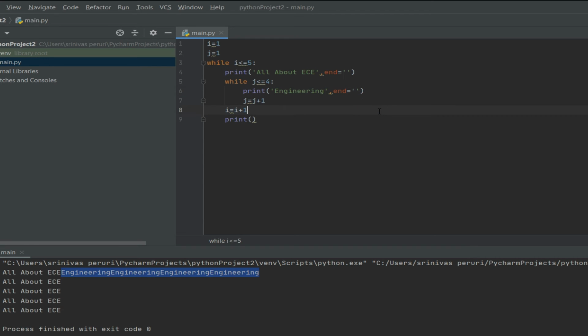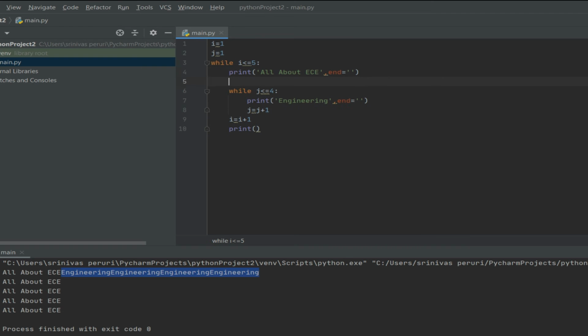So only "all about ECE", the condition of the outer loop, is checked. But I want to print each and every line. So I need to update the value of j at each iteration. When one complete round reaches j equals to 4, I need to reset the value of j again, and then I'll be able to get that in the same line.